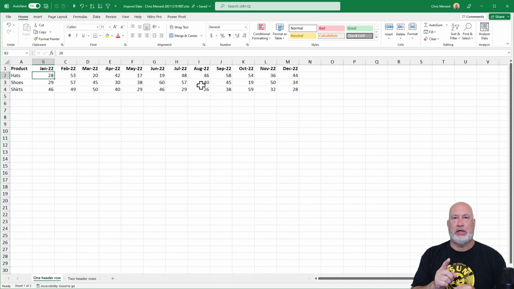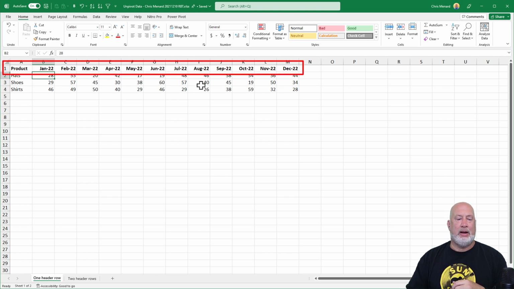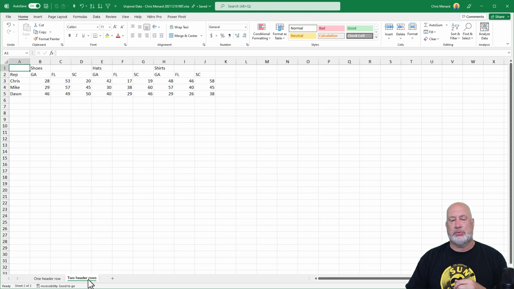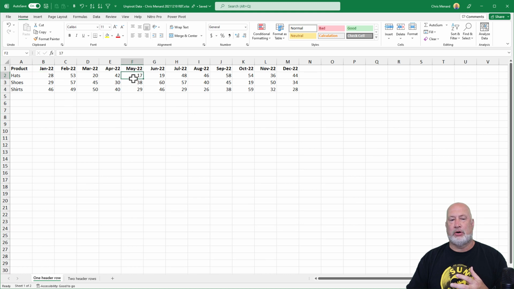The first spreadsheet, which I have running right now, only has one header row, but then I'm going to pop over to another spreadsheet. And if you notice here, row 1 and row 2, it has two header rows, which is a big no-no in Excel, but I'm still going to show you how to fix this. I see data like this all the time from people. But let's go do the easy one first.